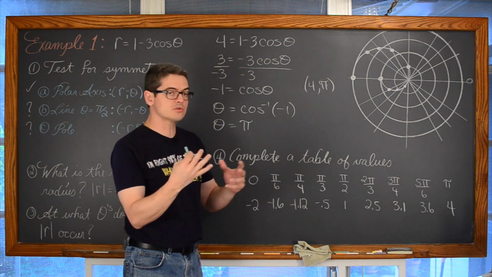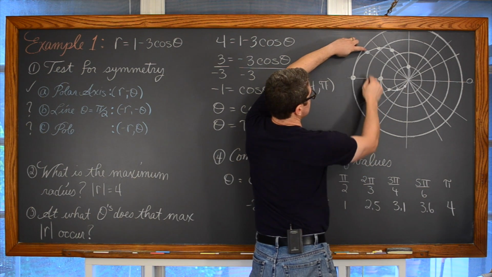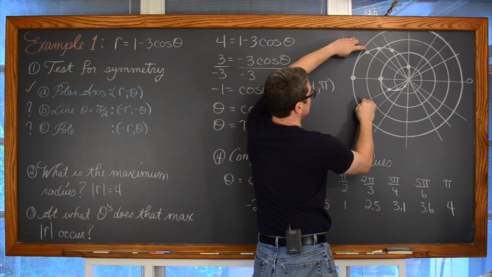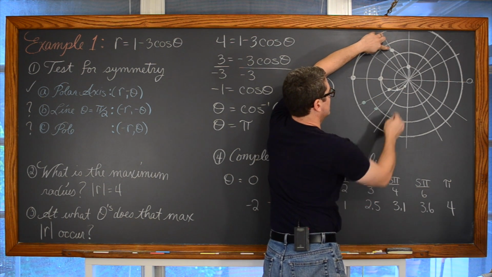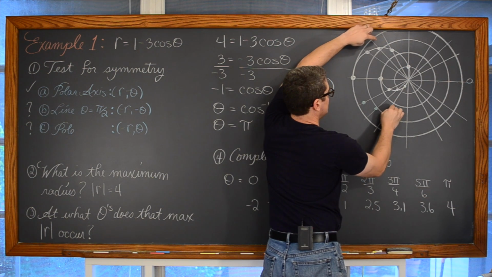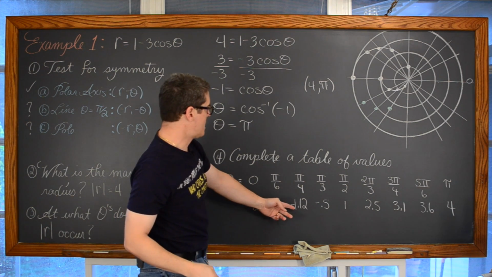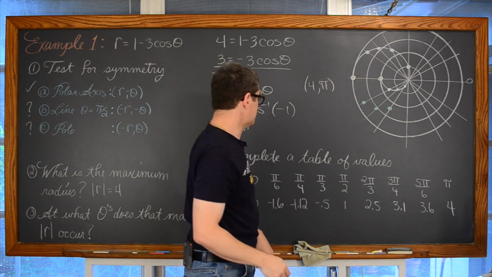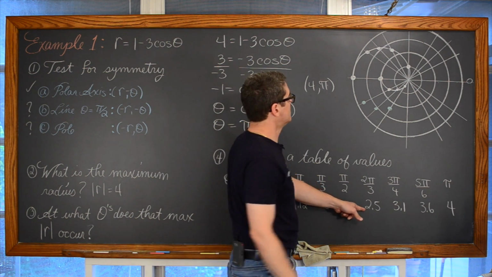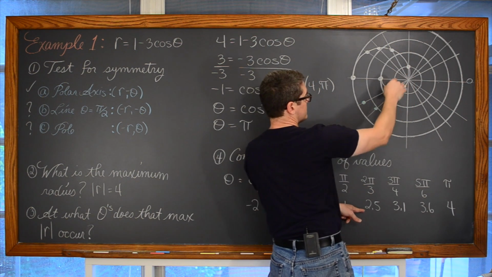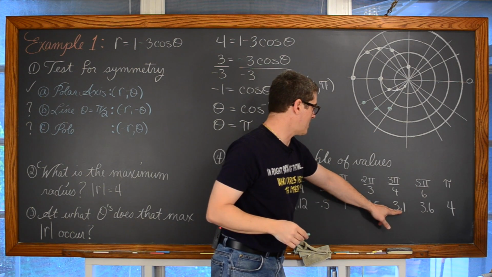So I'm going to grab another color just to show you the reflection. That point reflected over the polar axis here would be, again, just past 3.5, and then we were just past 3. And this reflected down is somewhere in the middle. Oh, I lost my place here. Let's see. Oh yes, at 2 pi over 3, we're at 2.5. So reflecting that down to 2.5 radius length over the polar axis.